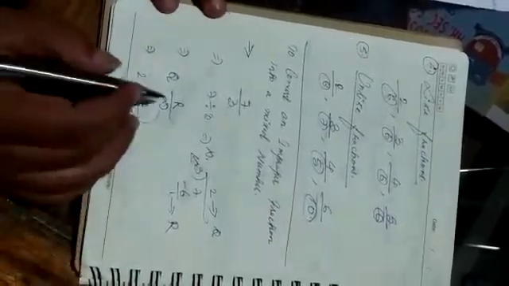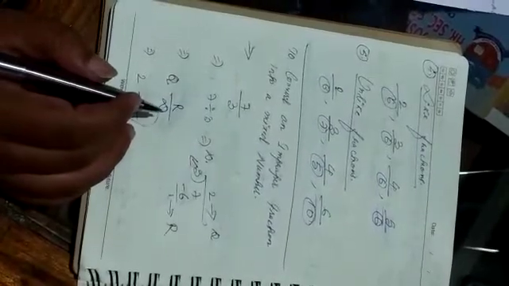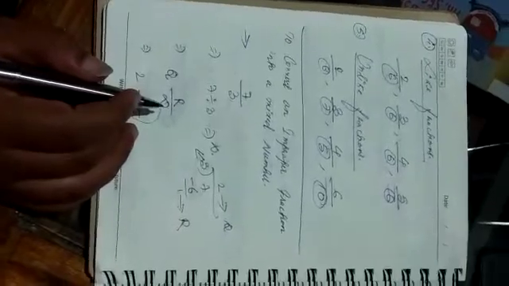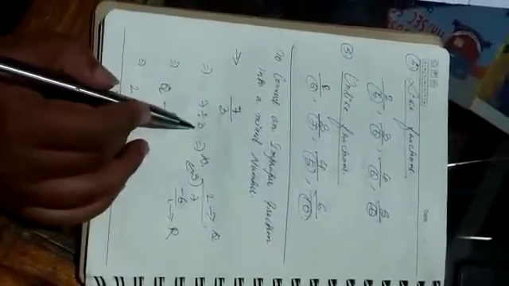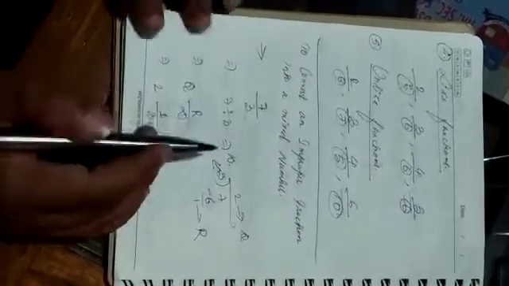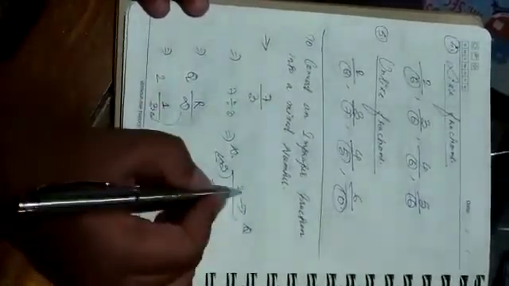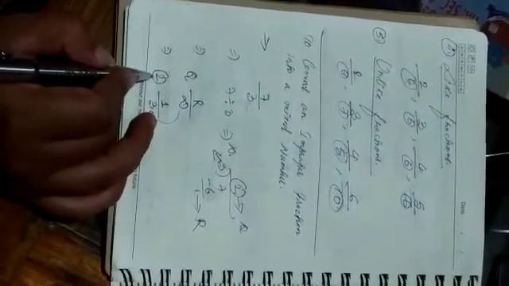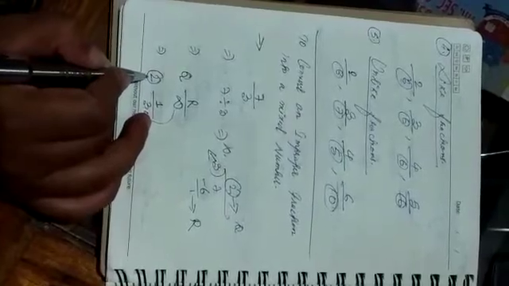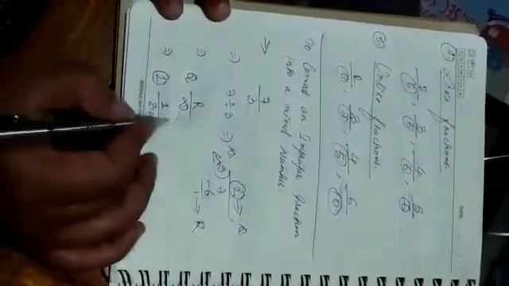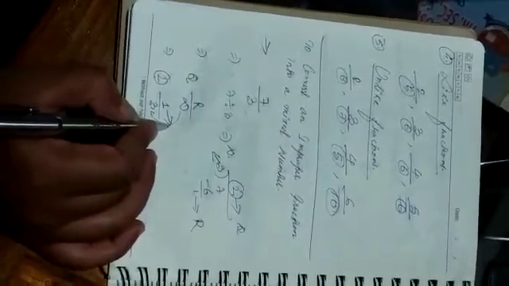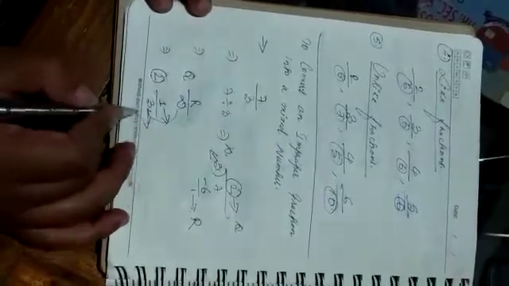So to convert an improper fraction into a mixed number, there are steps. The first step is what? Divide the numerator by the denominator. Next, write the quotient as the whole part. Which one is your quotient? 2 is your quotient, so 2 is your whole part. Write the remainder as the numerator of the fraction part. Now the remainder is your numerator, and write the divisor as the denominator of the fraction part. That means 3 is your divisor, so 3 will be your denominator.